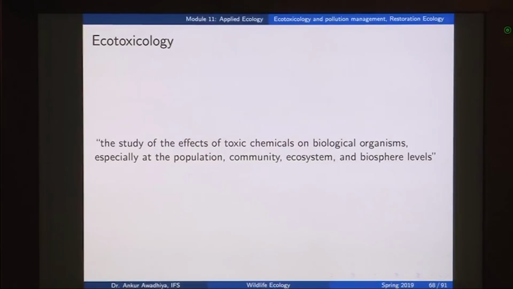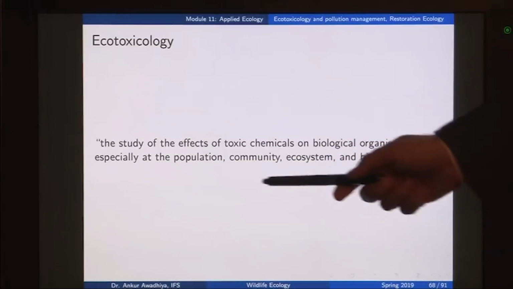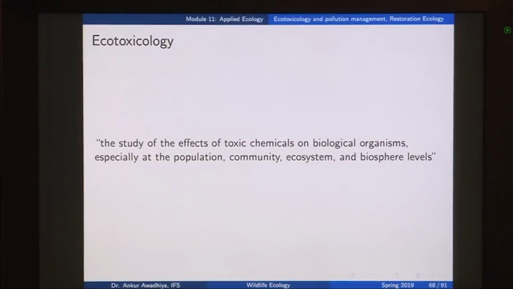Generally when we talk about only toxicology, it is concerned with how much amount of a toxic substance is required for, say, a median level of death of an organism, or to kill all the organisms in a particular case. So, these are what are studied in toxicology. In the case of ecotoxicology, we make it a bit broader. We look at the impacts not just on individuals, but also on different populations, community, ecosystem and biosphere levels. And at the same time, we talk not about all toxic chemicals, but especially those toxic chemicals that are present in the environmental conditions.